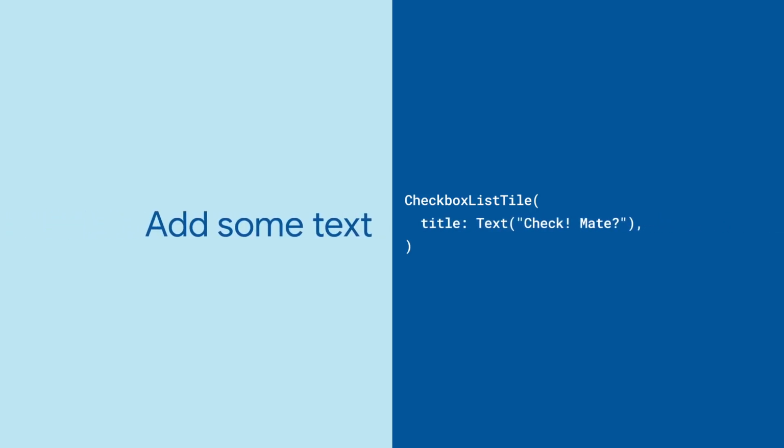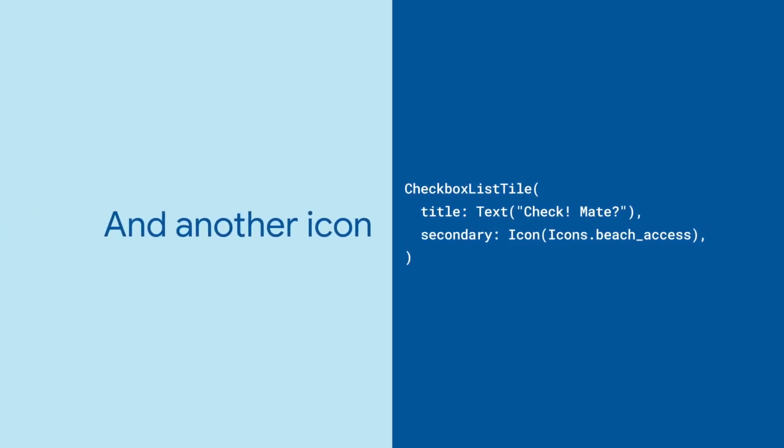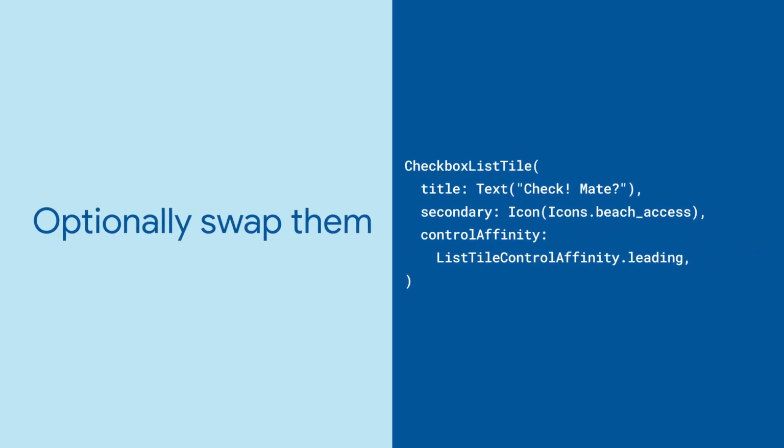You provide a title for the text of the tile, and you use secondary to set what the widget on the other side of the tile should be. In a list tile, this might be the leading or trailing parameters, but in a checkbox list tile, one of those will always be a checkbox. You can control which side these appear on by using the controlAffinity property. Passing in ListTileControlAffinity.leading, trailing, or platform will put the checkbox either in front, at the end, or whatever